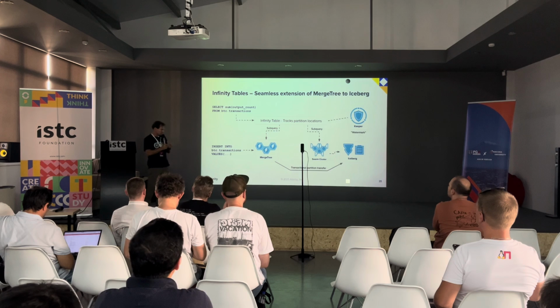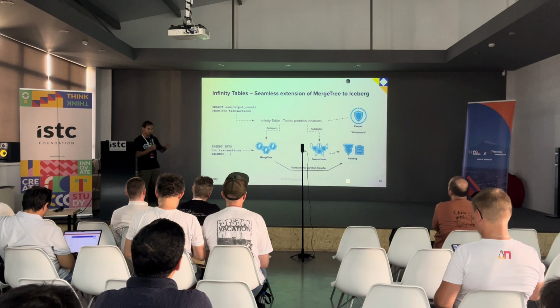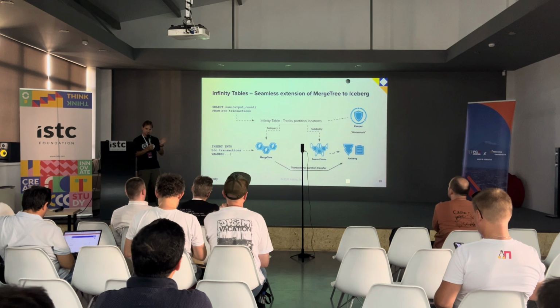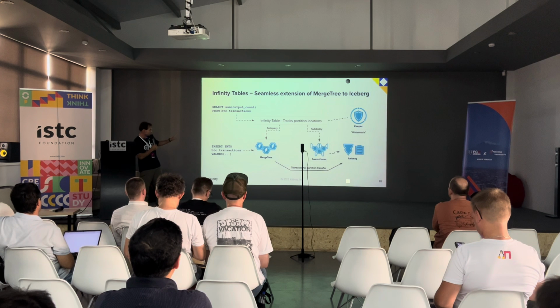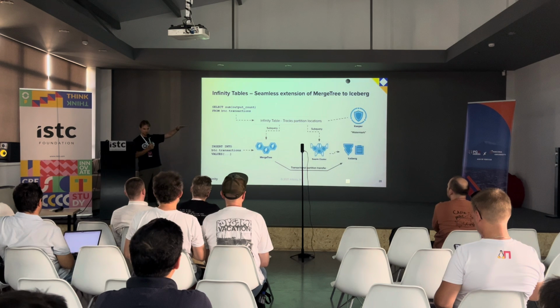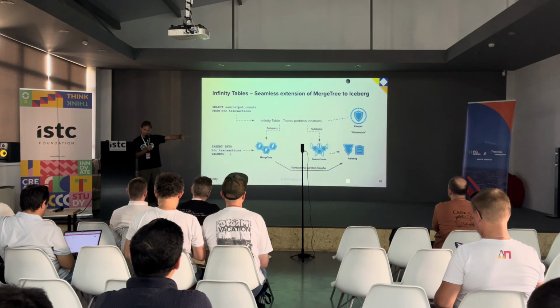Next stage. Once we have this architecture, we need to think about how to make it work better for ClickHouse. So we have some data in Iceberg, some data in native tables. How do we make it look like the same data for the end user? This is what the Infinity table concept is for. You can imagine a super table which is smart enough to understand that part of your data, maybe your recent data, is stored in fast native tables, but your other data, your historical data, years of data, is stored in Iceberg. And this Infinity table automatically routes the query.